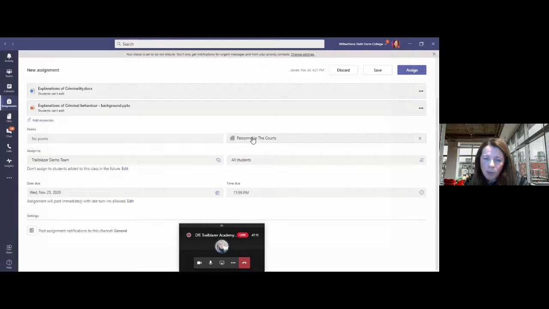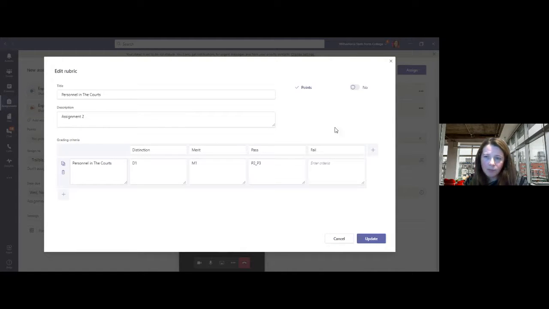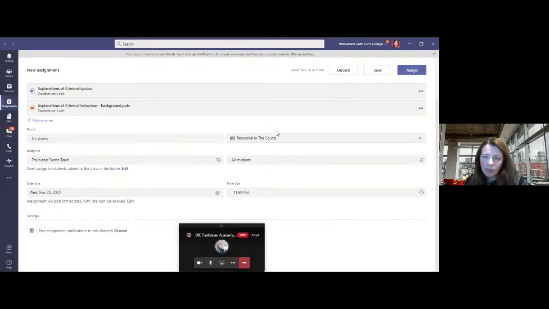If I just go back into that, I'll show you on a different example, there's an option where you create your own rubric. The amount of columns and rows, I don't know what the limit is. I've not found it. You can have as many columns and as many rows as you like in your rubric. I've never needed more than that. It's one of the things I want to work on.